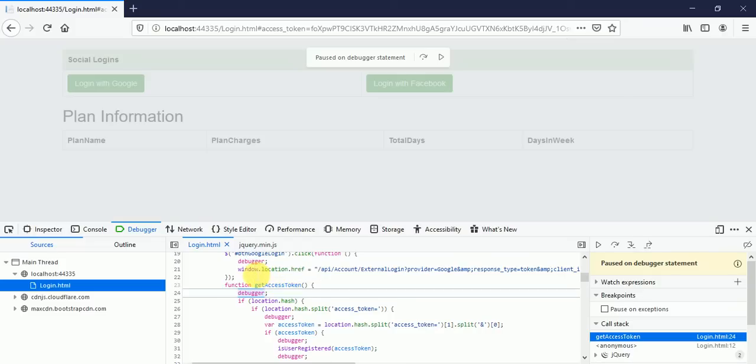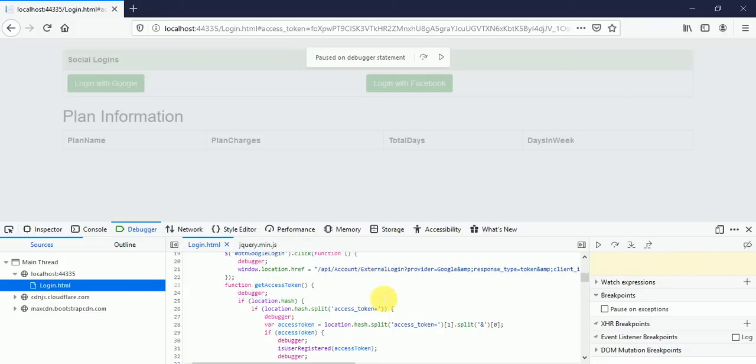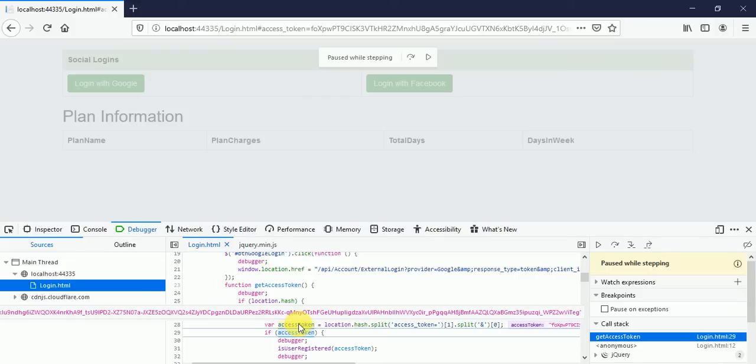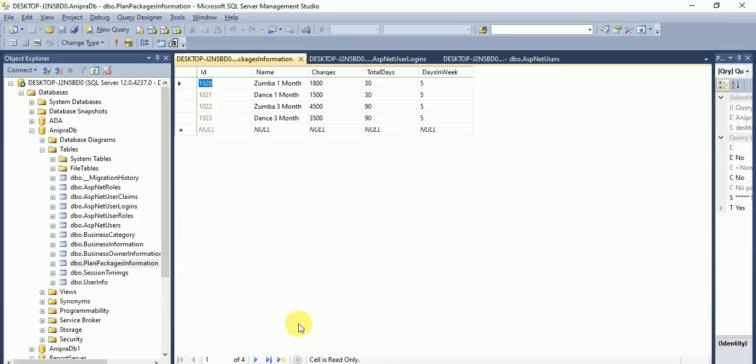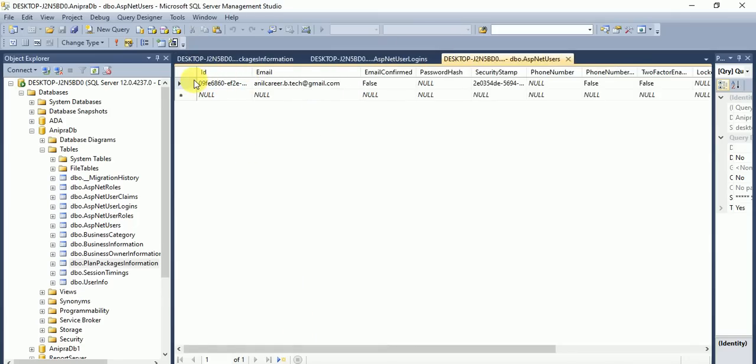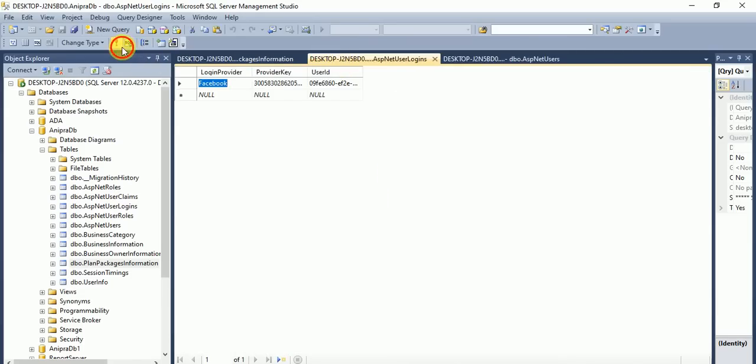So we just press F10, and this token is generated by Facebook, and using this token we will register the user. Okay, so I will just remove this user, otherwise it will skip that method to register the user. If I remove this, then it will automatically be deleted.